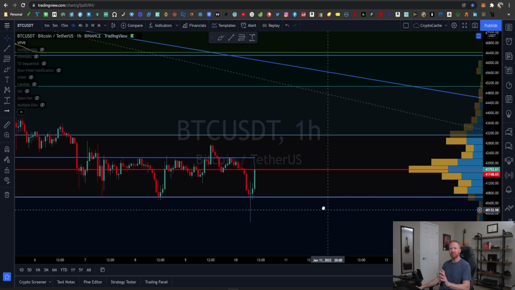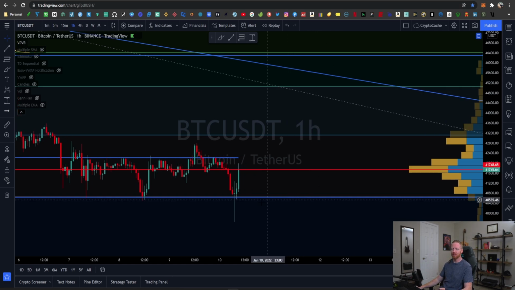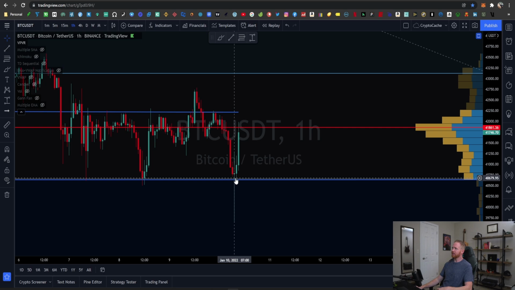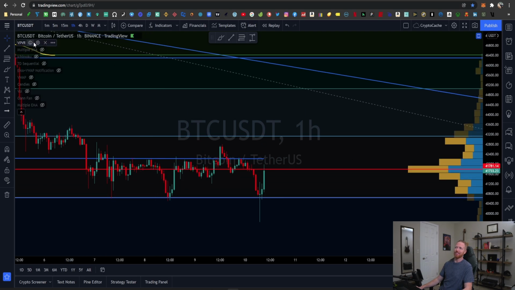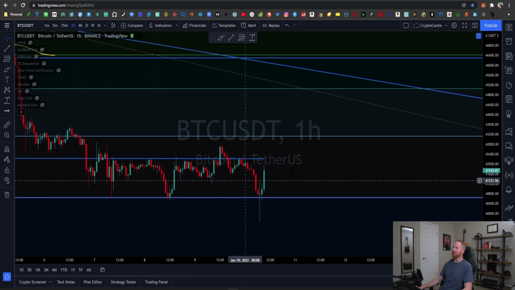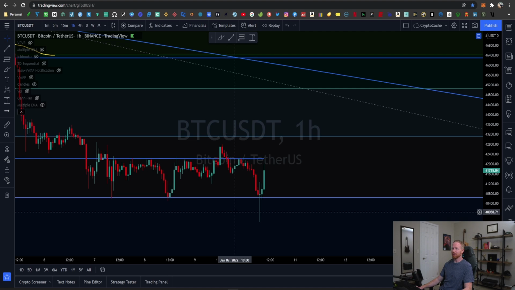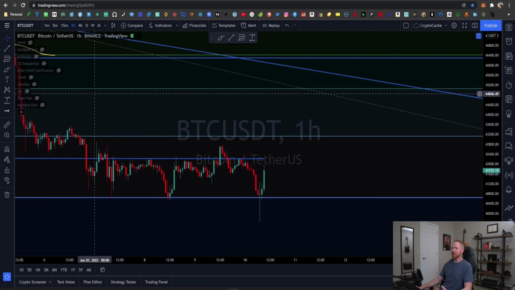But for right now, literally, there's no positive sentiment here. Perhaps if you dollar cost averaged closer to 39.5, that's good for you. I hope you were able to do that. But even if you didn't, don't feel like you missed out. I don't foresee the price shooting up anytime soon. There's no real key indications here telling us that we have any kind of buy signals, right?